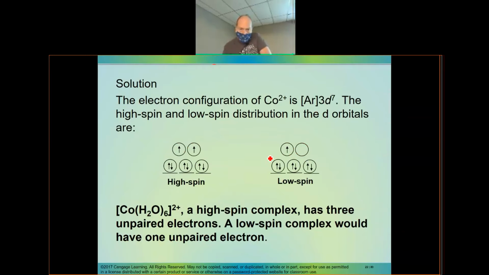And then this one has got an error. When we did the high spin, it's d7, and for the high spin, the 7 is there. The low spin is correct. Your high spin has 3 unpaired electrons. Your low spin for d7 would have 1 unpaired electron. High spin and low spin would have the same number of unpaired electrons